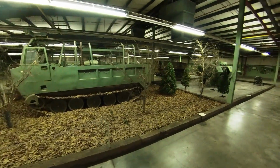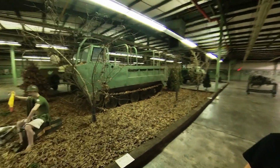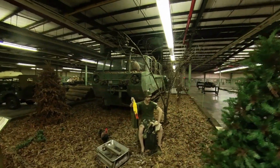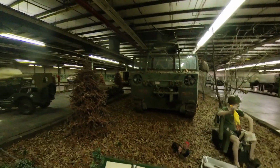This place is honestly so much better than I thought it would be. So much better. Like, look, I got a rubber chicken. Well, he's kind of making dinner. Oh, that's not nice. That's not very vegan friendly. I thought it was like a random chicken. She was like, "Ooh, look, a chicken." No, it's a